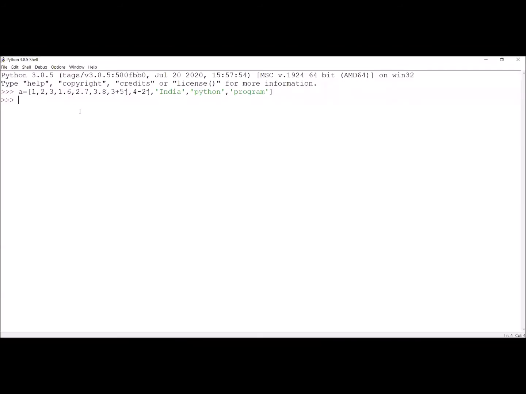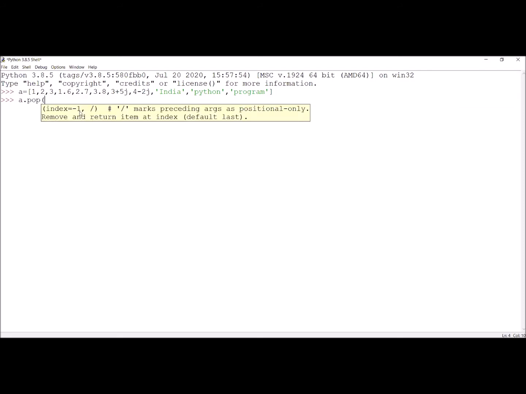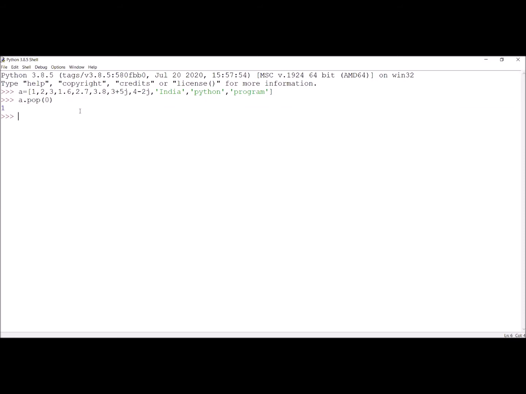Now, how can we delete a particular element in the list? That can be deleted by using a dot pop. If I am giving the index 0, we will start from 0. The 0th element is 1. The value 1 will be deleted. Now if I am printing a, you can observe here the value 1 is not appearing because 1 is deleted. This is how we can delete a particular element in the list by using a dot pop